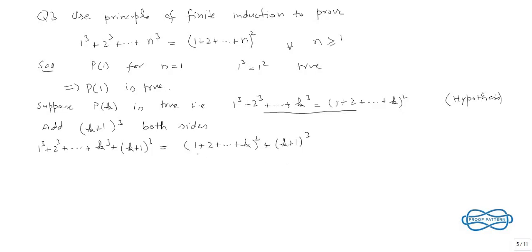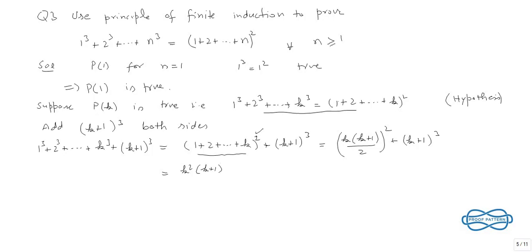Okay, we know that the sum of the first k integers is actually equal to k into k plus 1 over 2, and there is a square on this one, plus k plus 1 whole cube. Okay, and this is equal to k square into